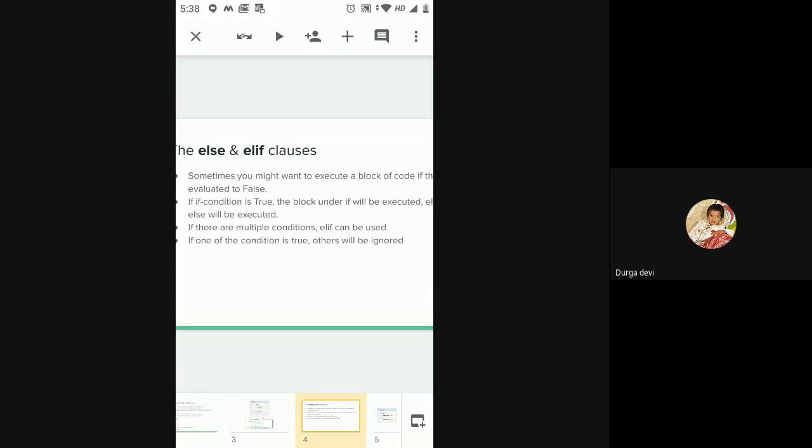Sometimes you want to execute a block of code if the if condition is evaluated to false. So if the if condition is evaluated to false, then either you can execute the else block or you can check for another condition. If you have only two options, like while checking if a number is even or odd,